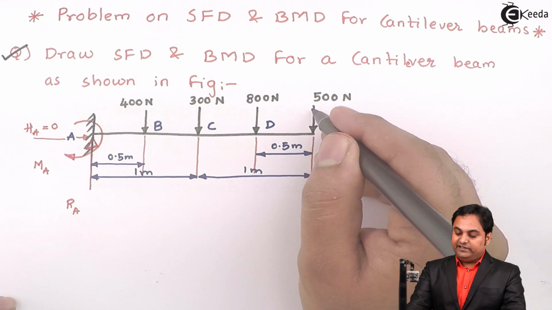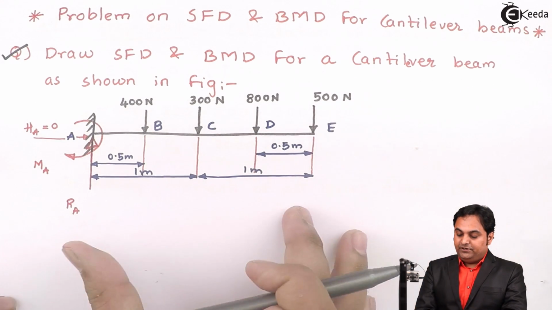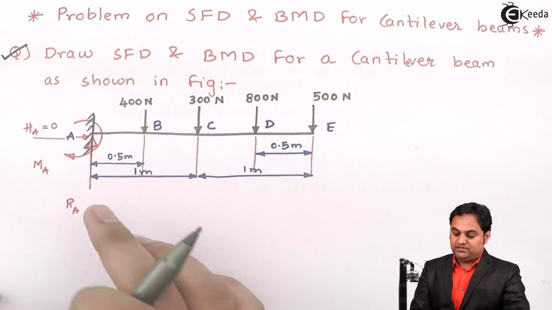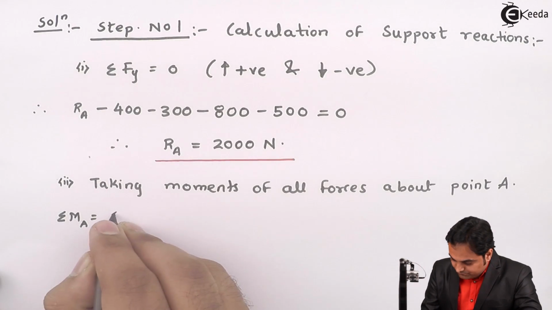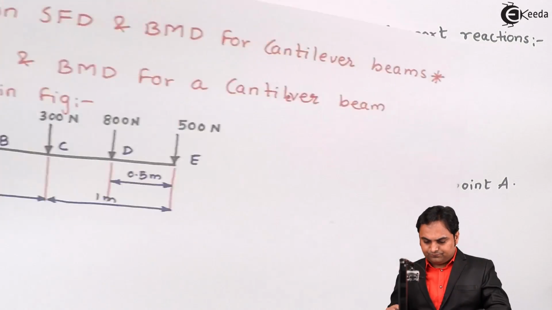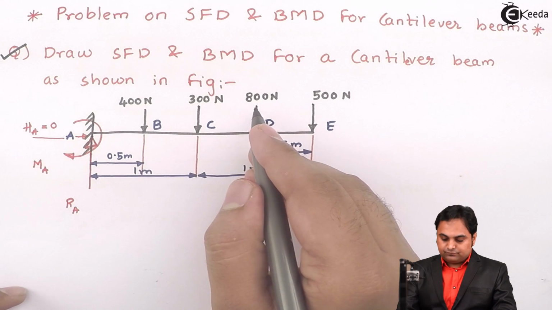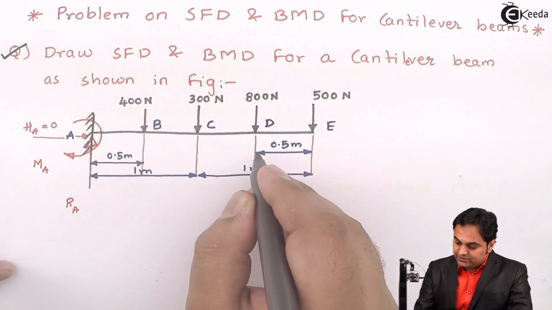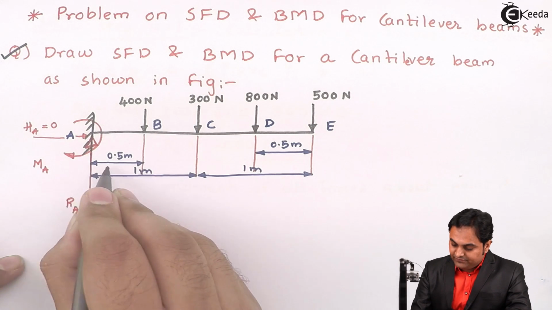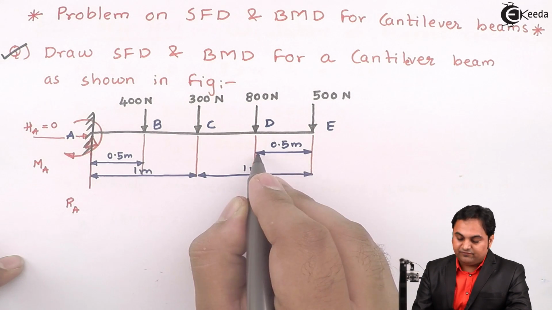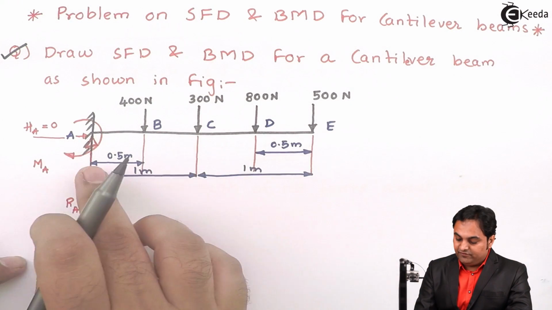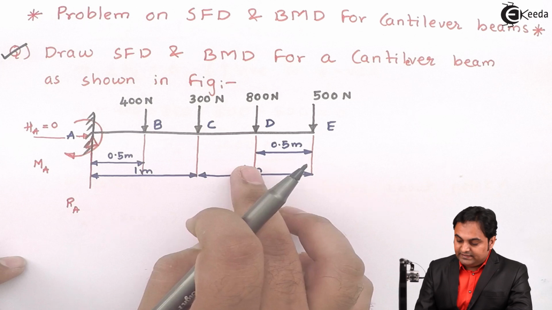So force, if I take it as 500 Newton, its perpendicular distance from point A is 2 meters, so that will be plus 500 into 2, then 800 into, now the distance of point D with respect to A, here it is 0.5 and it is 0.5 from here. So from 2, if I subtract 0.5,